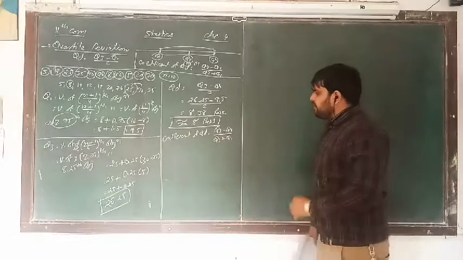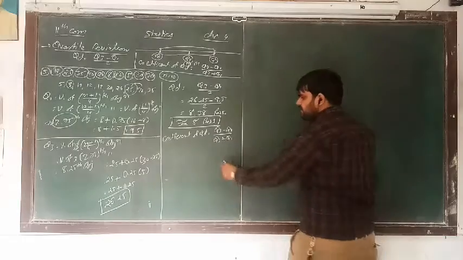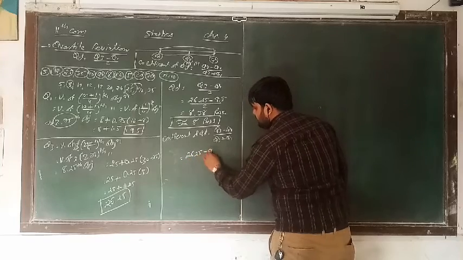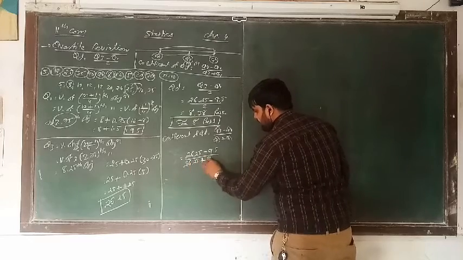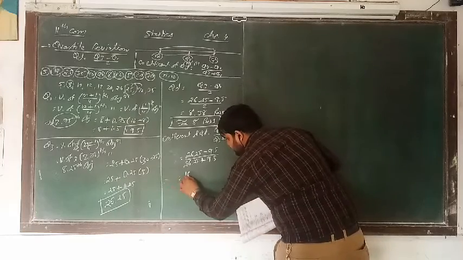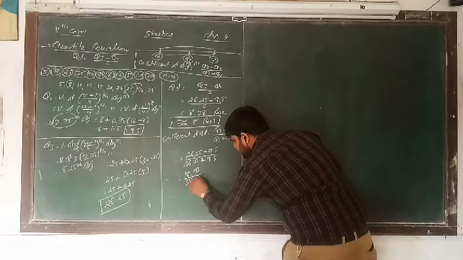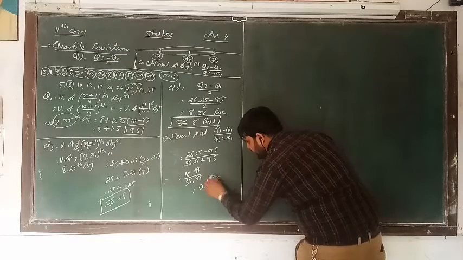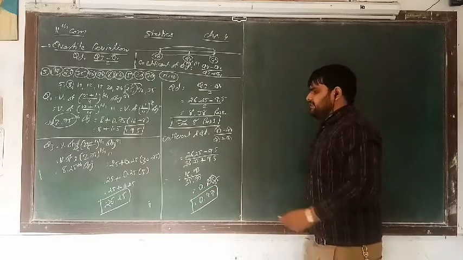Now next one, what we have to do? We have to find out the coefficient of QD. So simple. Here 26.25 minus 9.5 divided by 26.25 plus 9.5. So we have to do over here, that is 16.75 divided by 35.75. So 0.4685. The third digit is 8, so 0.47. So this is your answer.